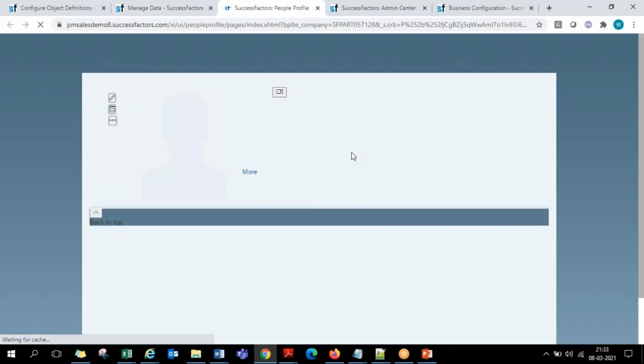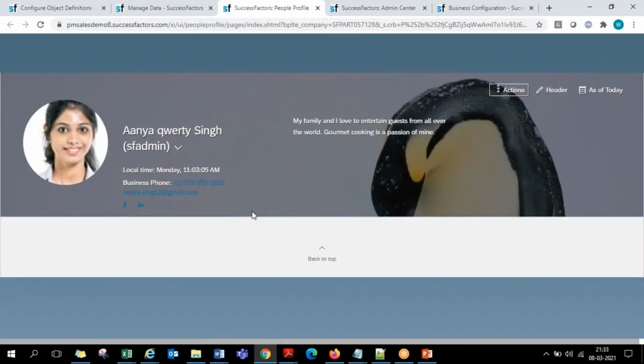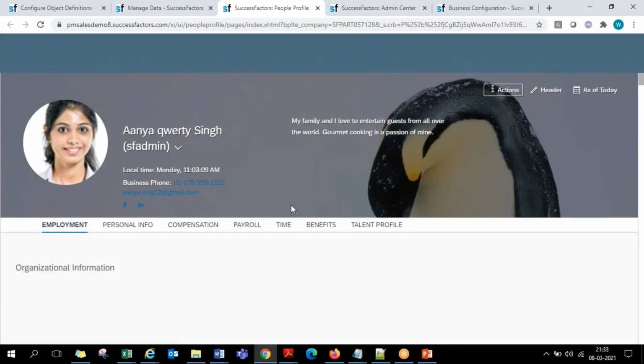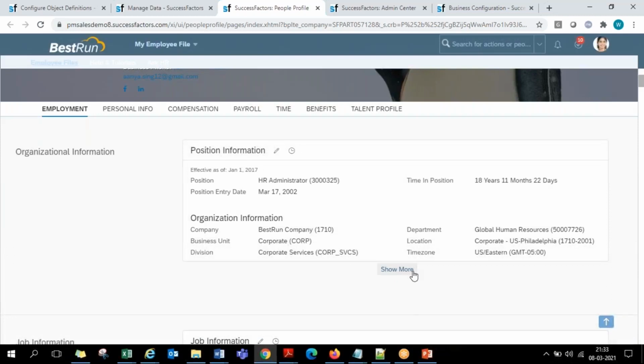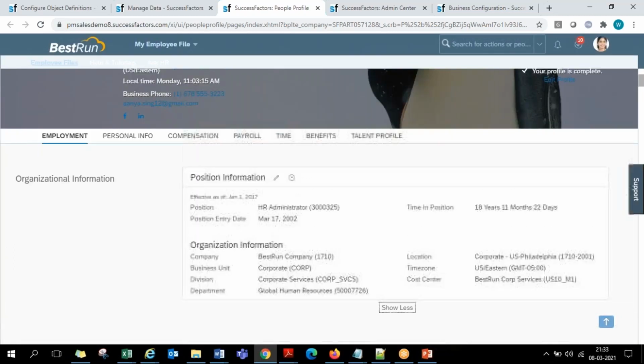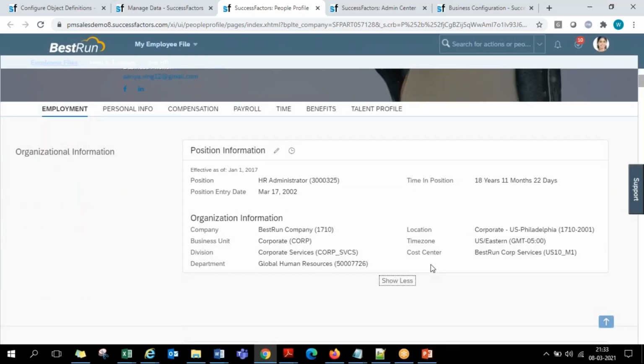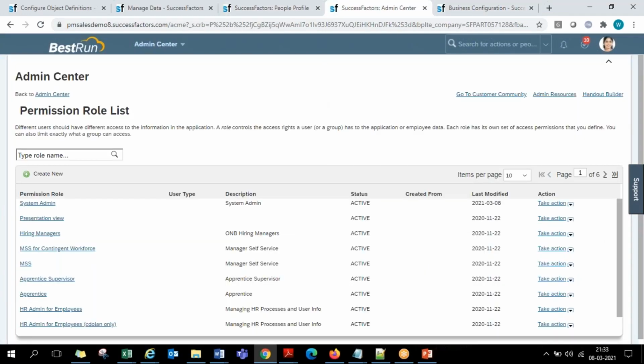We added it in the job information, right? So that will now appear over here. Under the org information category, when you click on show more, you should have one more field. It's taking time to save this permission. Just a moment, guys.